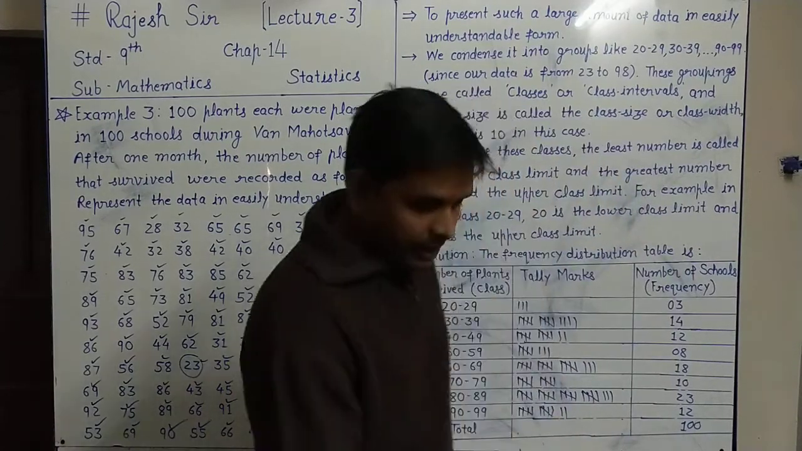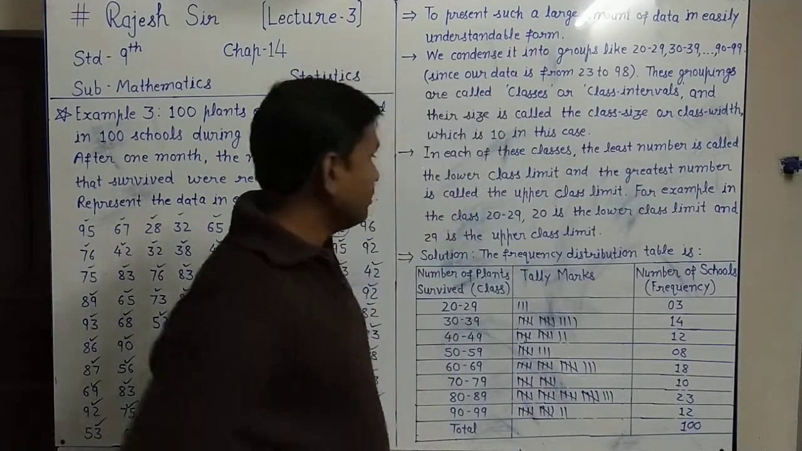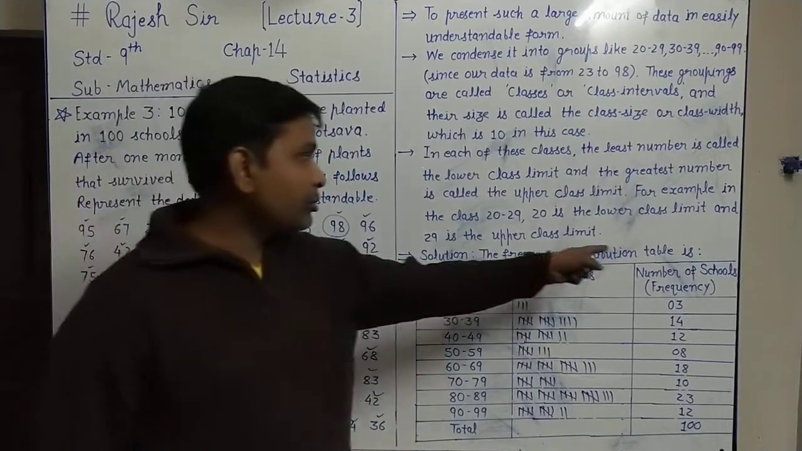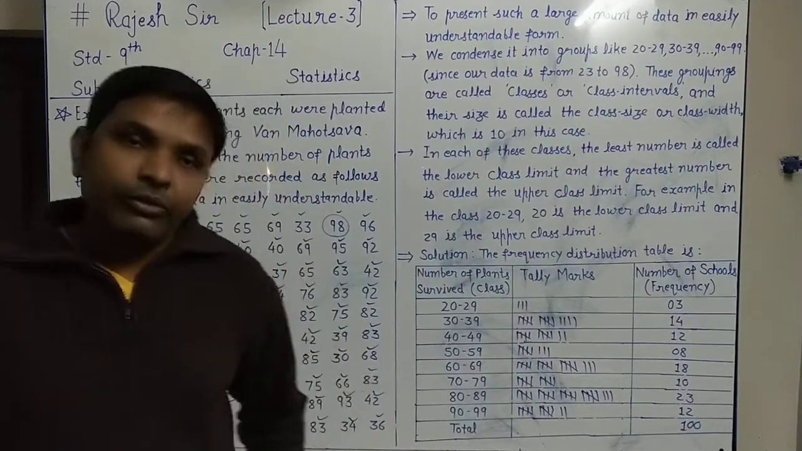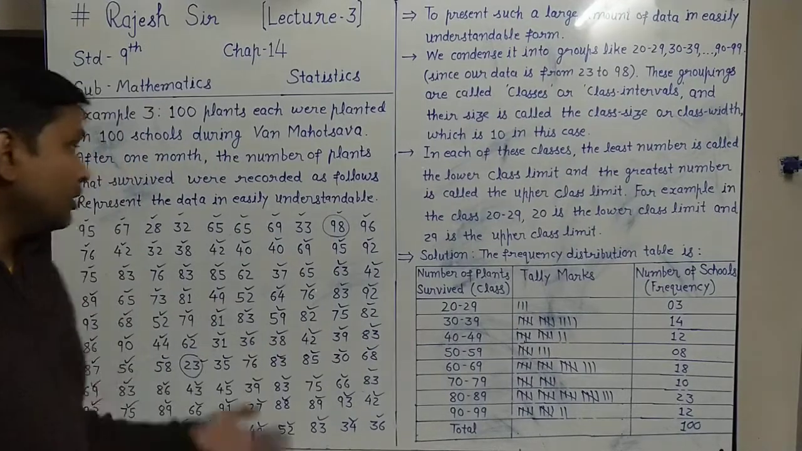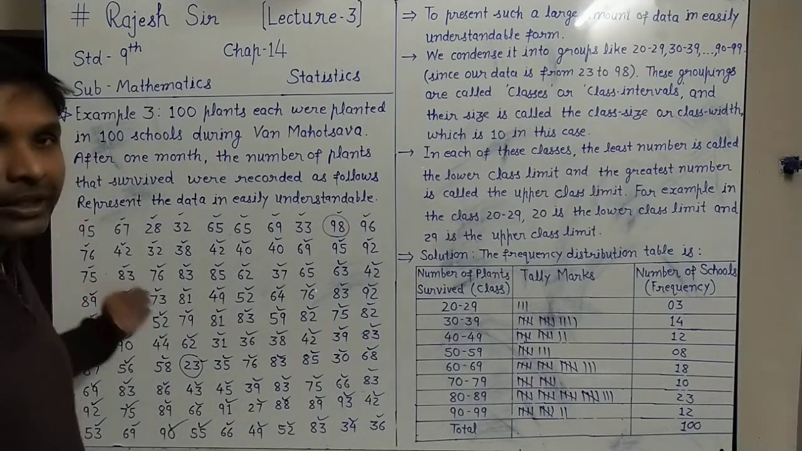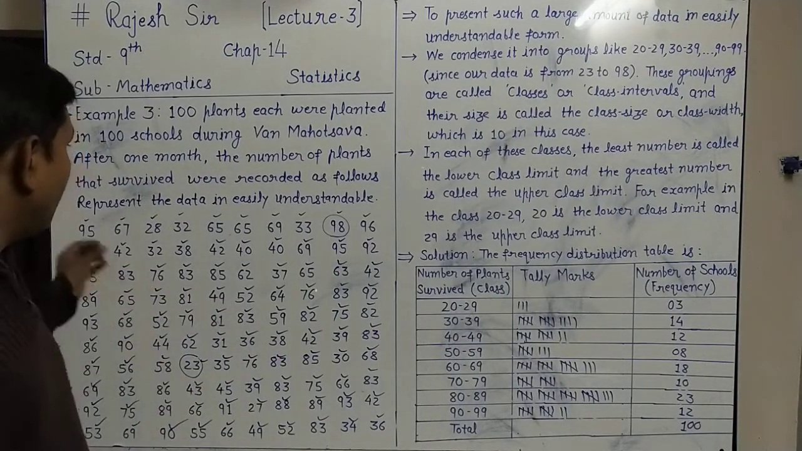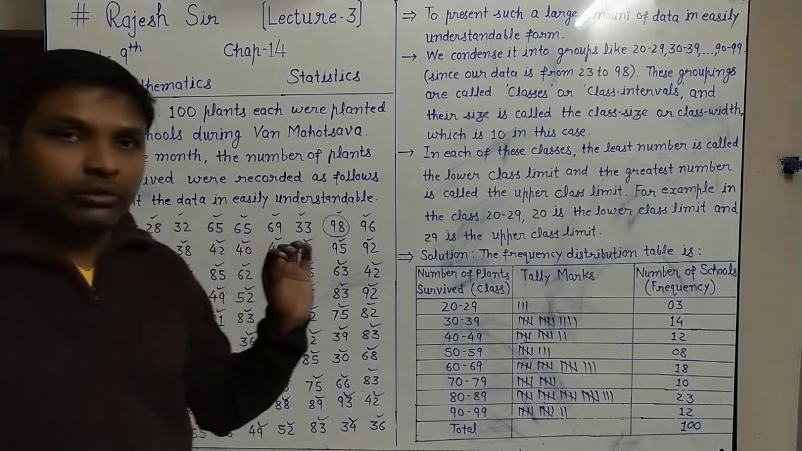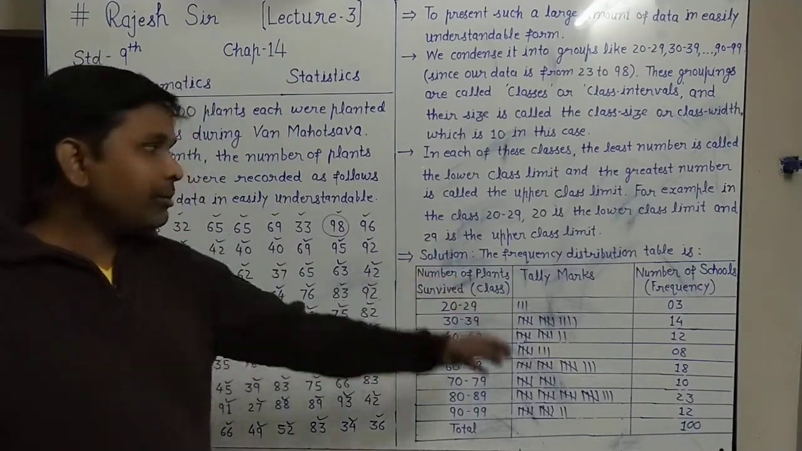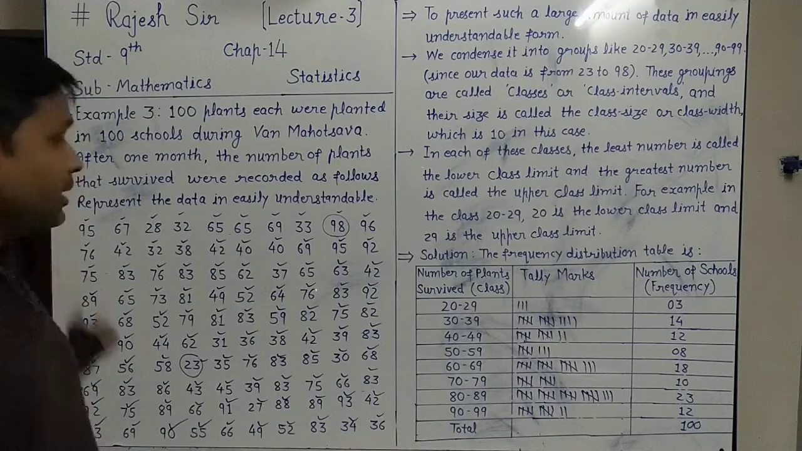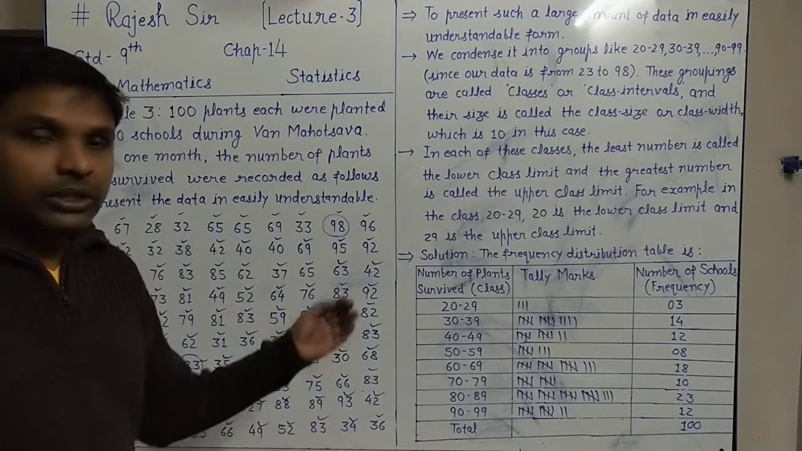So now it is in an easily understandable form, that is called frequency distribution table. Using the tally marks, we have to represent the data this way. It will take time, very patiently, very calmly you have to do this. One by one we have to put our tally marks here, and don't forget it when you are doing this